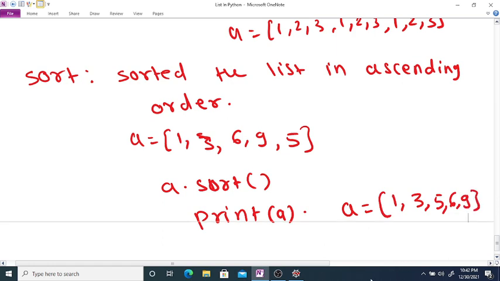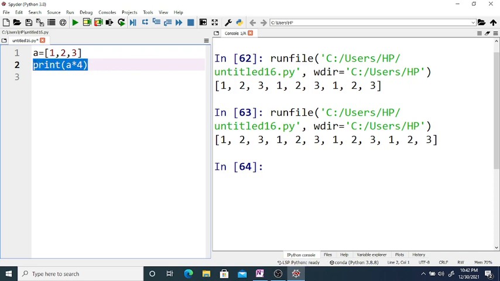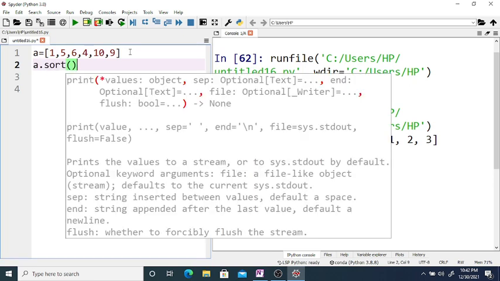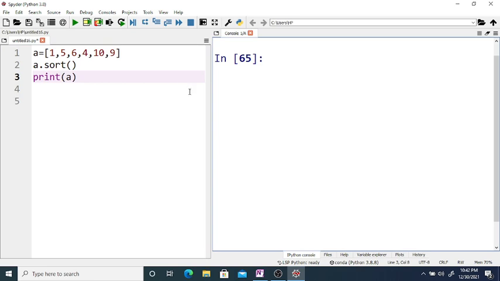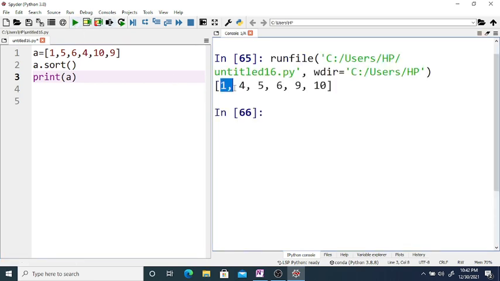Say A is equal to 1, 5, 6, 4, 10 and 9, and if you use the keyword A dot sort and print A, you can see it is sorted: 1, 4, 5, 6, 9, 10, in ascending order.